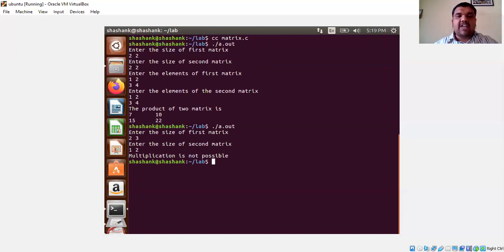Whatever elements we have taken for the first case, try to compute the product by multiplying those two matrices manually and check whether we have obtained the same result that the program has written. If both are the same, then the program is working perfectly. Try to compulsorily type this program and run it in the online GDB editor, see different values of inputs, check the output, and test both the cases: matrix multiplication is possible and matrix multiplication is not possible.